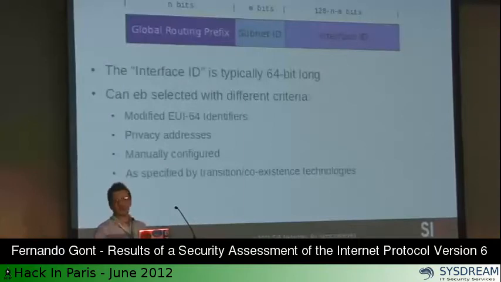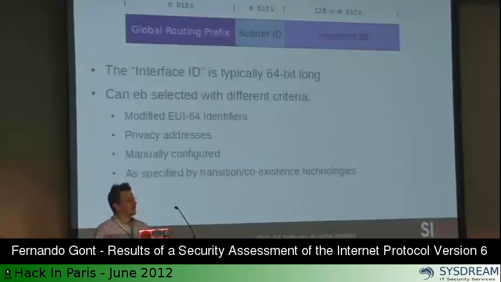So if you request a prefix from, let's say, your ISP, well, that ISP will assign you a global routing prefix. Then you have a few bits for subnetting, same thing as you do with IPv4. And finally, you have an interface ID, which is analogous to the host ID that you find in IPv4 addresses. So it's essentially the same as in IPv4, the only difference being the size of the address.